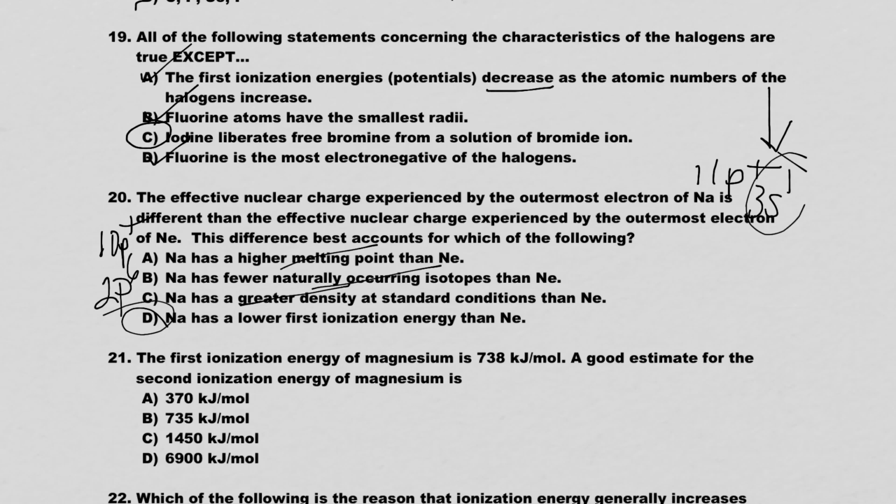Number 21. The first ionization energy of magnesium is 738. A good estimate for the second ionization energy of magnesium is, okay, so we're saying 738 is to remove magnesium's first valence electron. If I look at magnesium, this is its electron configuration. It's going to take 738 to remove one of these, and then to remove the second electron, notice it's still a valence electron, so it's not going to have this huge increase unless it was coming from a lower energy level. So we would expect, if it's 738, it can't be less, so it can't be A or B, it must be C, because it's going to take a little bit more energy to remove the 3s1 electron,